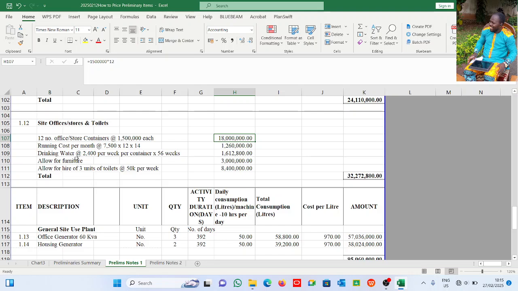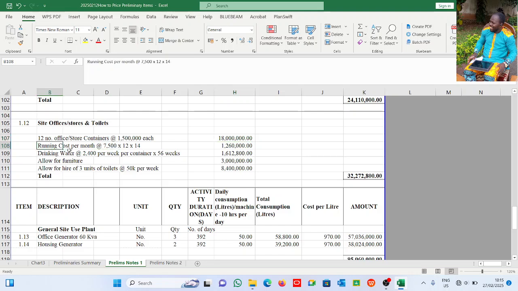The QS department has its own. The accounting department has its own. The project manager has his own. The construction manager, that depends on how many. But B2CL in this case has 12 offices and store containers at 1.5 million naira each. That gives us this. Then running cost per month